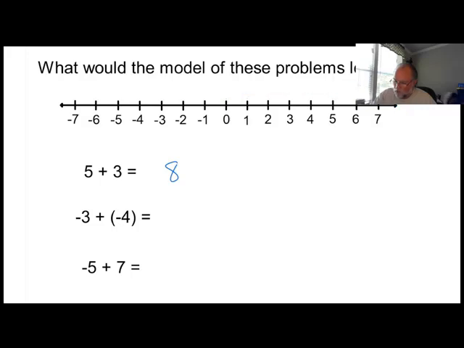Okay, so we start with a 0 there. Okay, and we're going to go left 3 this time because it says negative 3. And then I'm going to go left 4 more. And where did I end up at? I ended up at a negative 7. Okay, now what if,